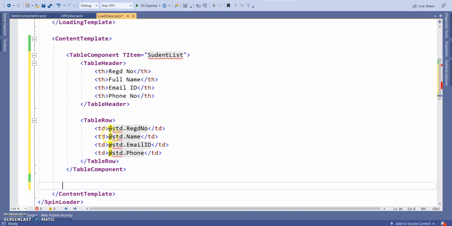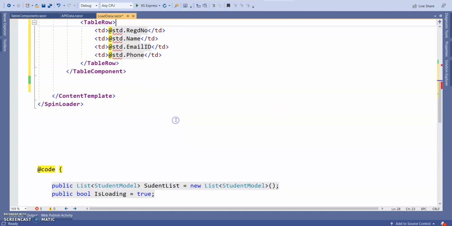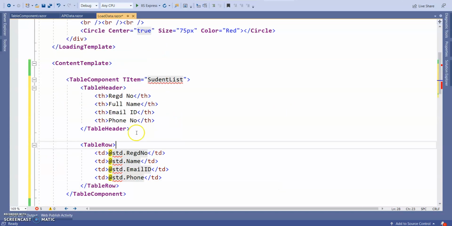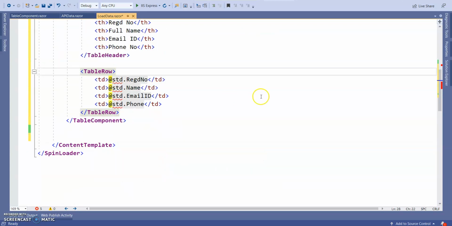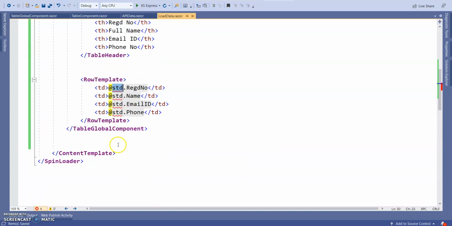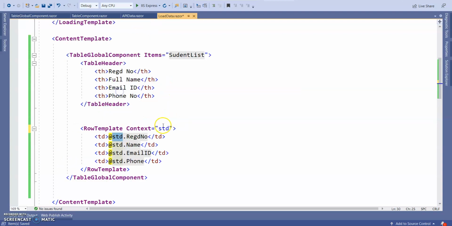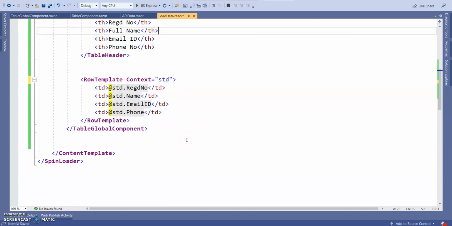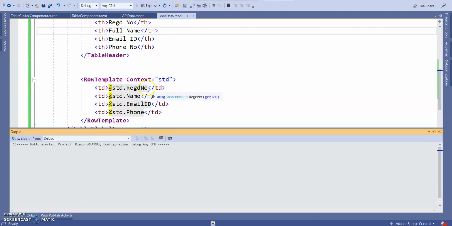So you can see here the error is coming, so I need to call this one like this, like context. So you can see this student, this other student is not found, so I need to declare the context equal to this one, object name. We are almost done. Run the application now for the load data page, then we will go for other pages.